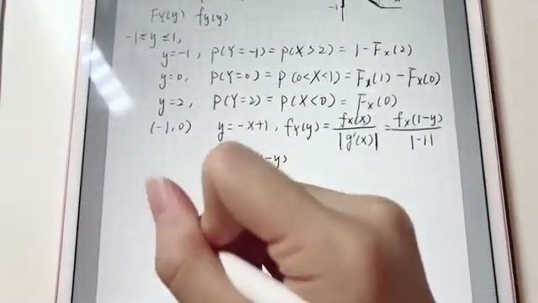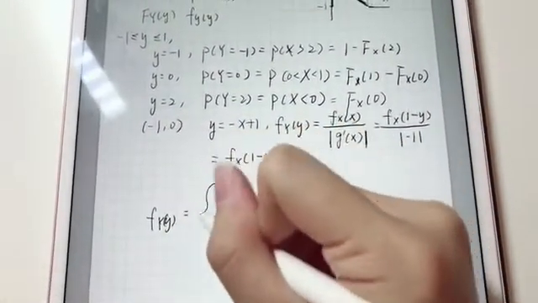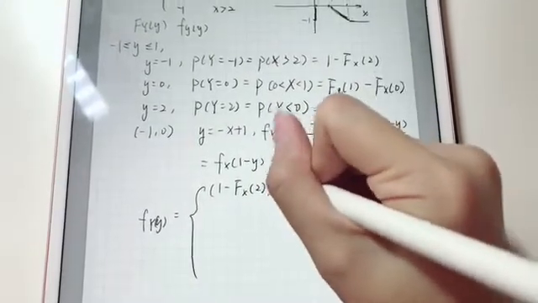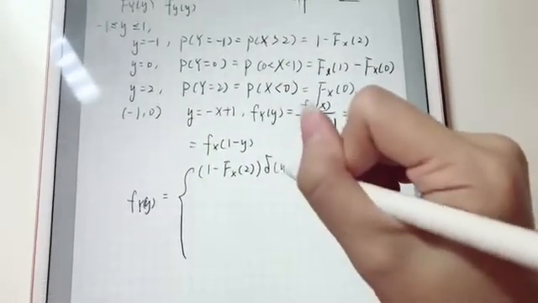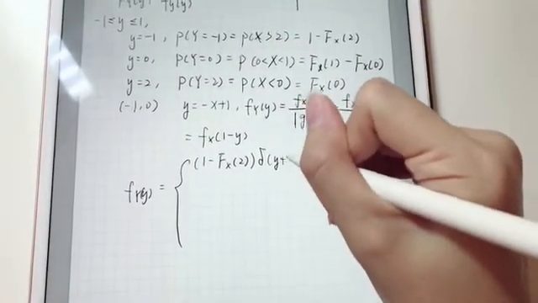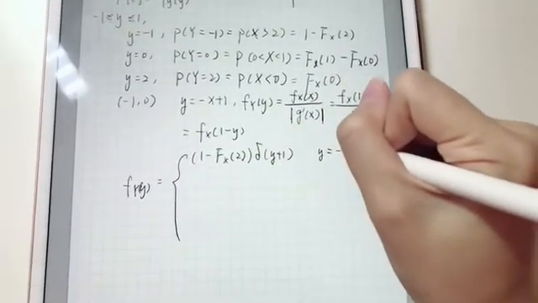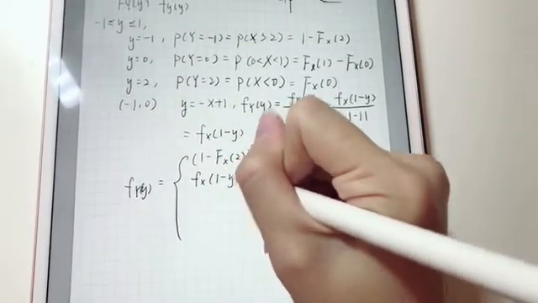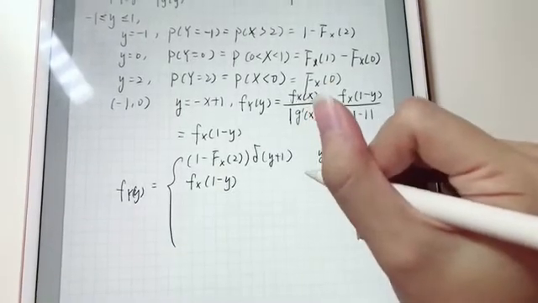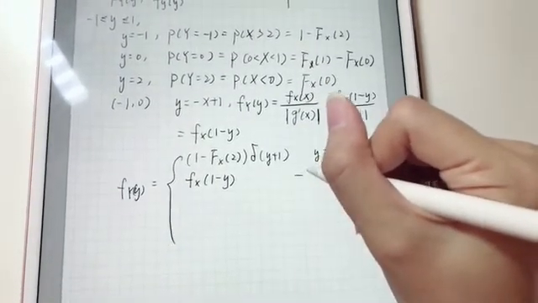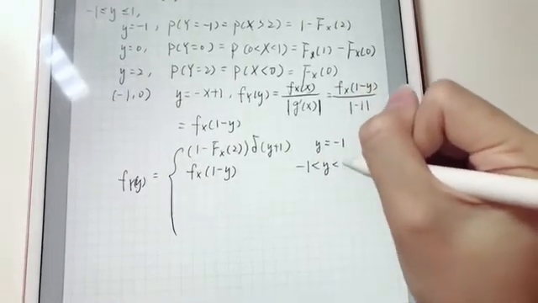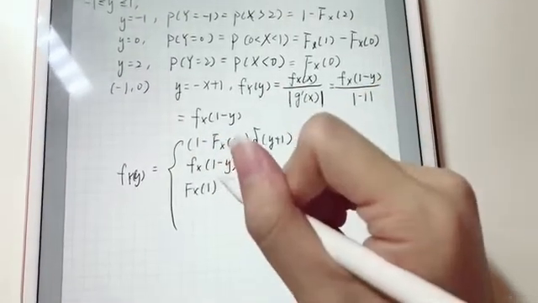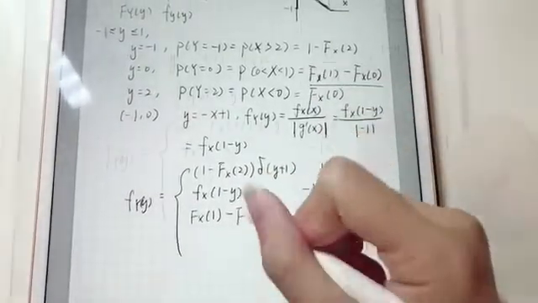So as a summary, we can get f_Y(y) will equal 1 minus F_X when x equals 2, multiplied by the impulse function delta(y plus 1). This is when y equals -1. And f_Y(y) will equal f_X when x equals 1 minus y under the situation